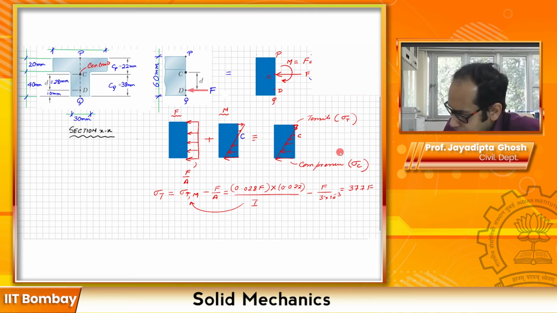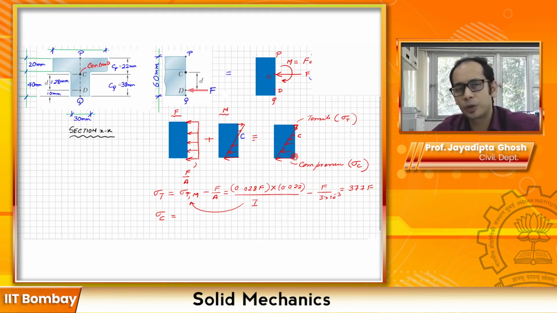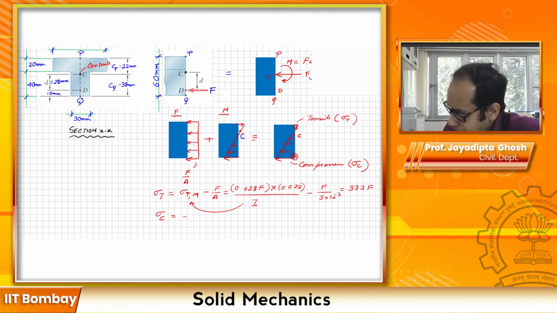So we will get your sigma C will be simply the addition of these two over here, and I'm going to write both with a negative sign. So I'm going to have minus of essentially a similar quantity, so minus sigma C comma M minus F divided by A. Now if you again plug in the numbers, so here this one was this guy over here, so I'm writing this one now, is going to be